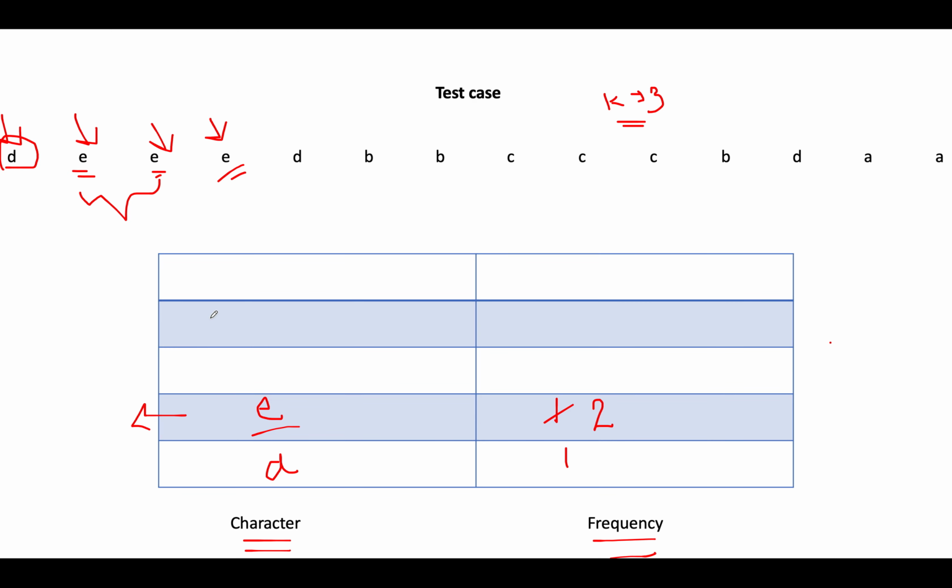We got e again, and again it's a match. We update the frequency, and it becomes 3. We just realized that the frequency became equal to k, which is a removal condition.